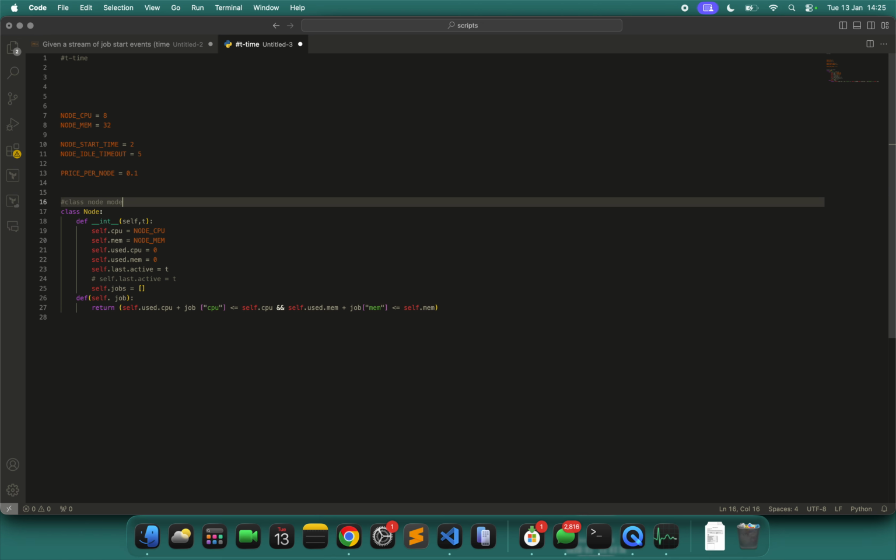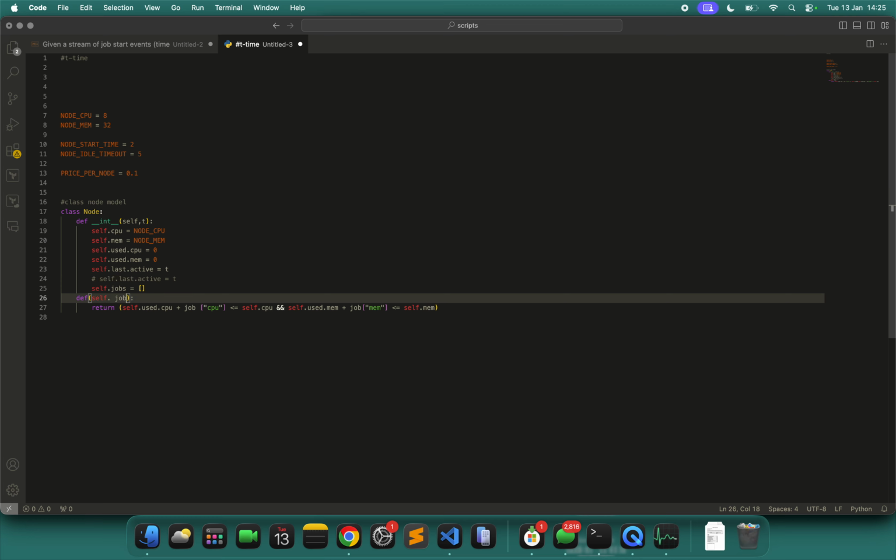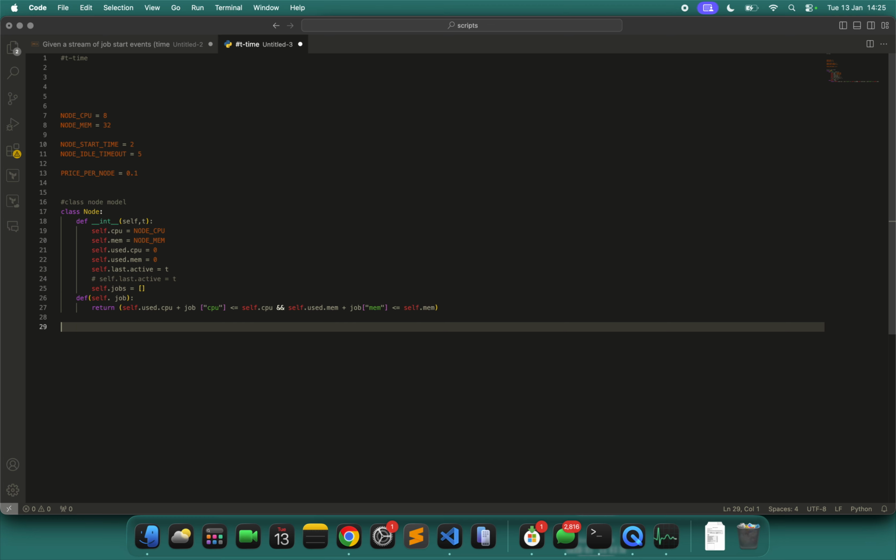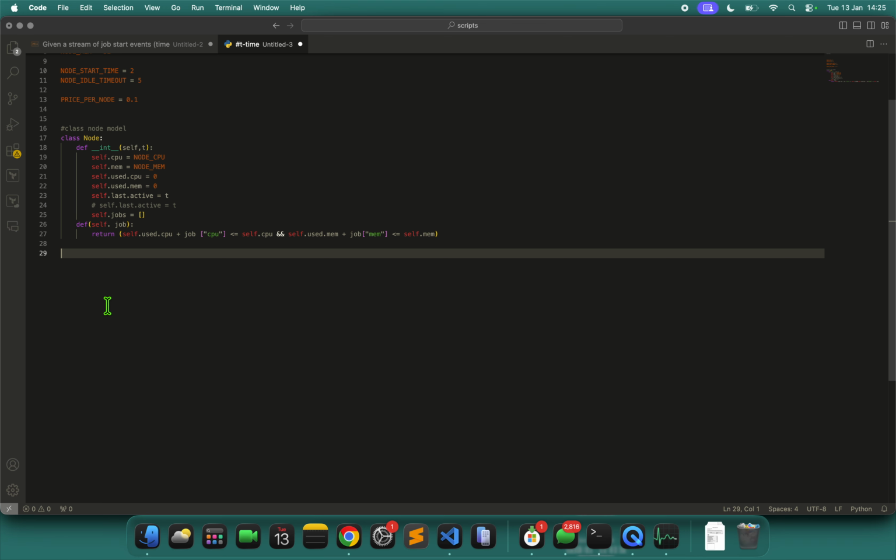Class Node model, I'll be setting up here. Now I have to define the workflow simulation.